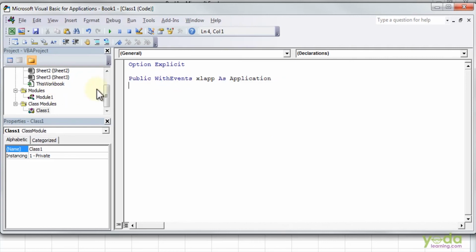The WithEvents keyword tells VBA that we want access to this object's events, the object in question being the application object. With just this much done, you can see which events are available by using the drop-downs at the top of the code pane here.